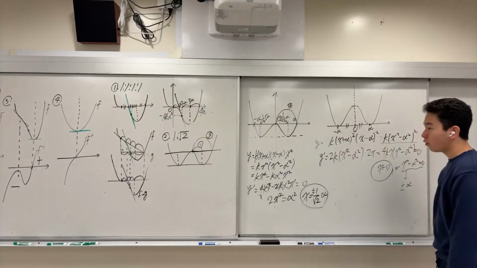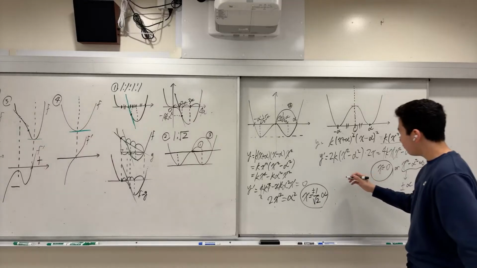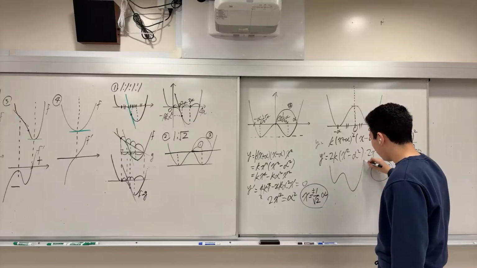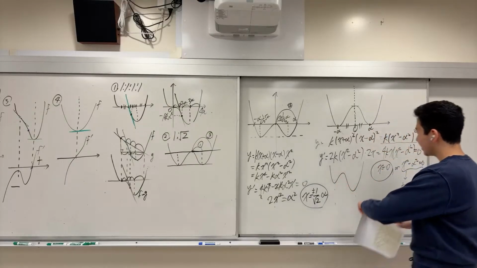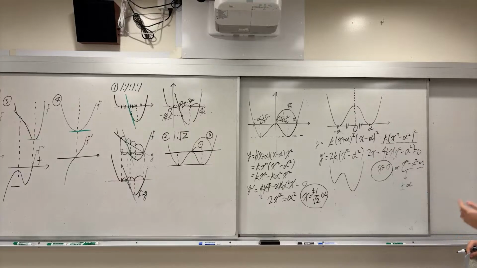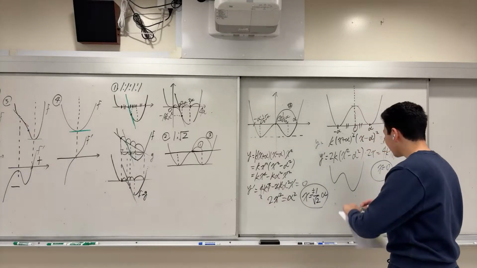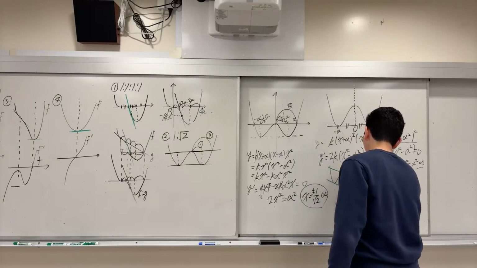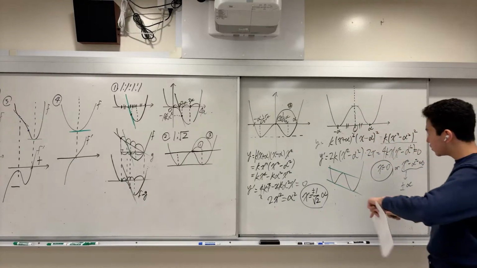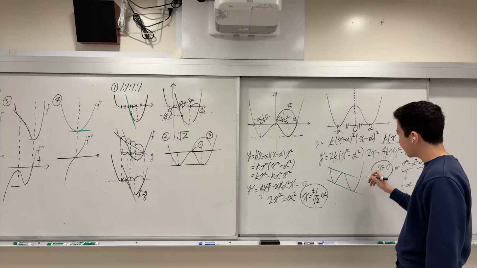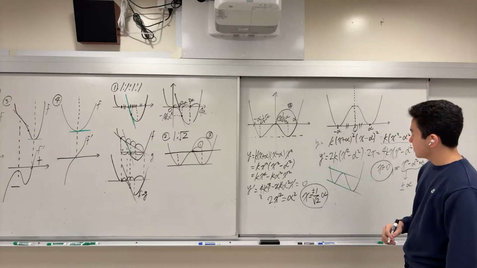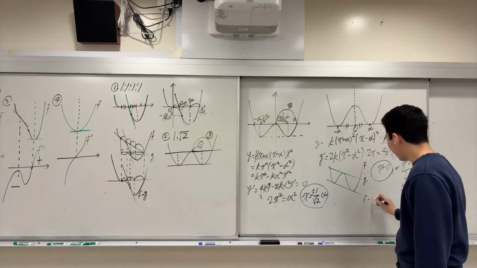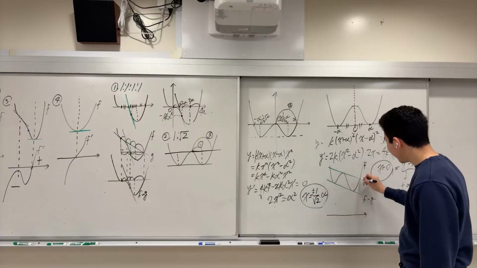Well, we can still transform them, right? Because now we know, we're pretty comfortable with the notion of difference functions, right? If we have a quartic function that doesn't have two local minimum values that are identical, we can take the common tangent line, right? So we can take the common tangent line here and draw a parallel line down here. And once we take the difference between, like, we can do f minus like g right over here, right? So if we do f minus g, then we're going to get a